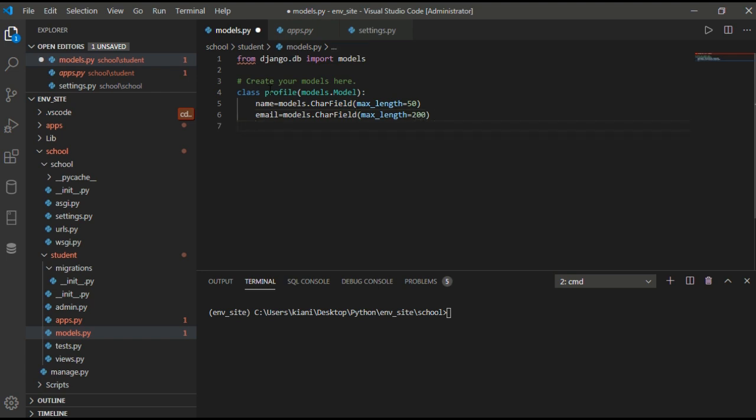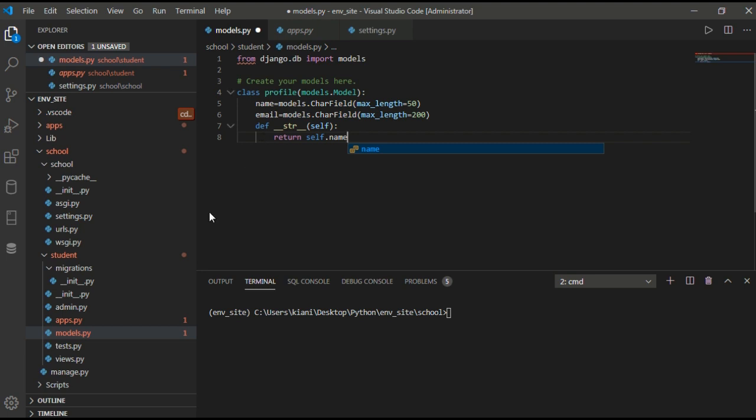Okay, now we define __str__ to convert to a string. We have self, the object. Self means this object of this class, and it will return self.name, and self.email also.